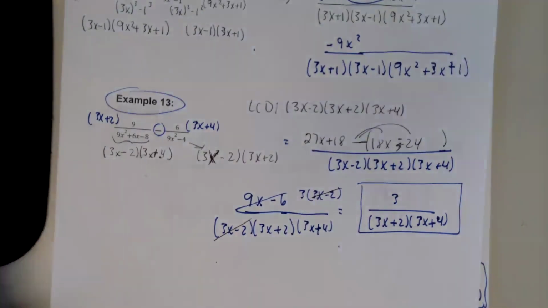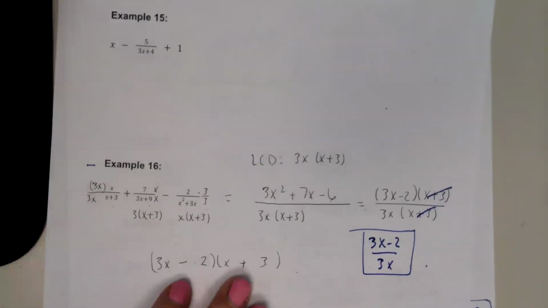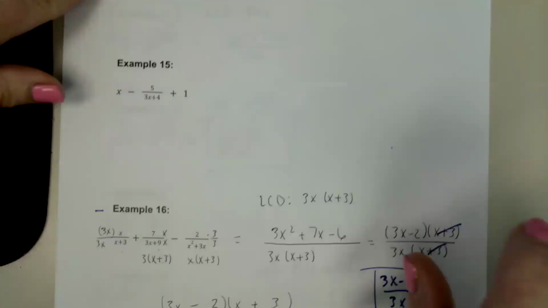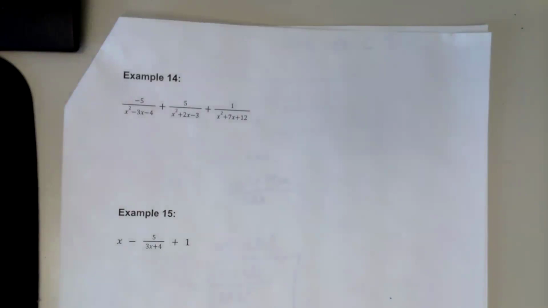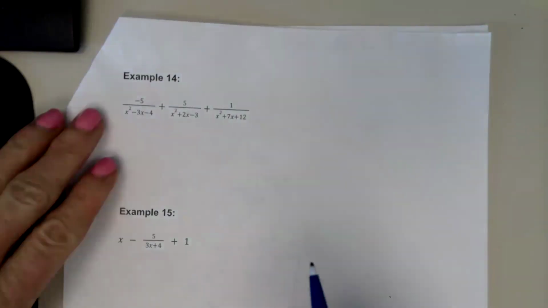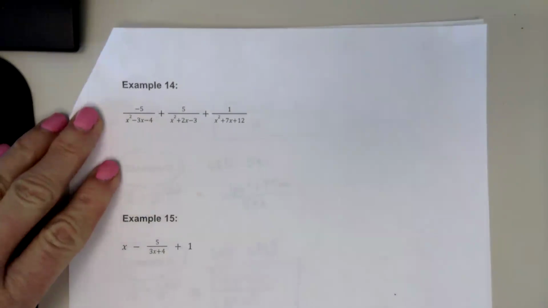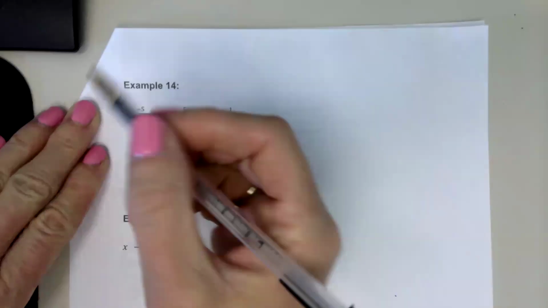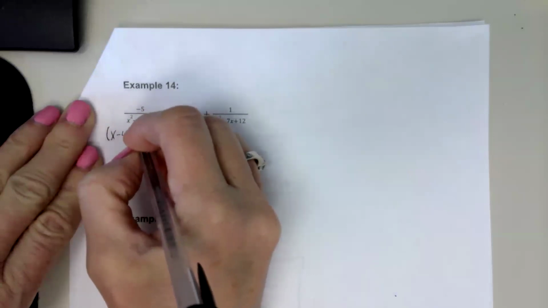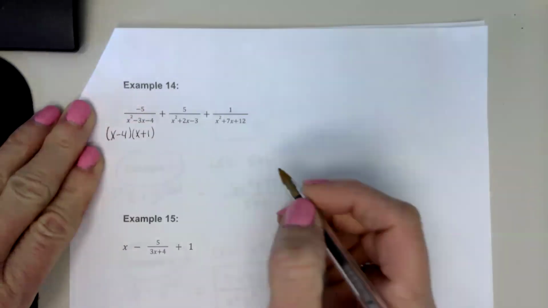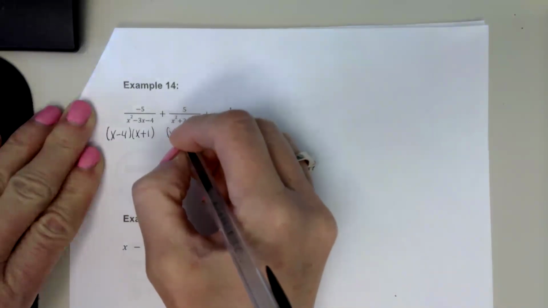From there. And then the last example, that's two examples, are example 14 and 15. Okay, so we are going to need to factor each of these denominators to find out what we need to include in our LCD. So I've got x minus 1, x minus 4, x plus 1, and then